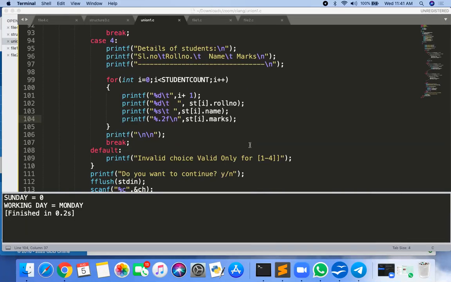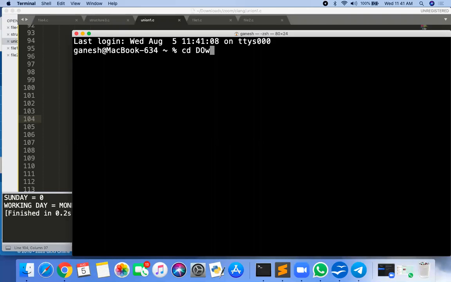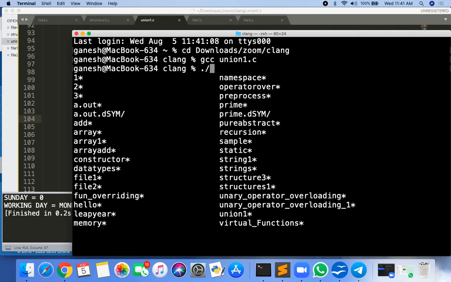So basic, cd download slash zoom slash c, and gcc union1.c, dot slash a.out.